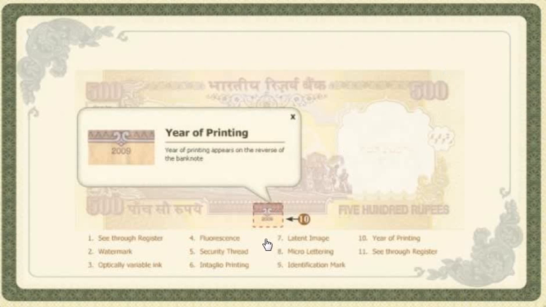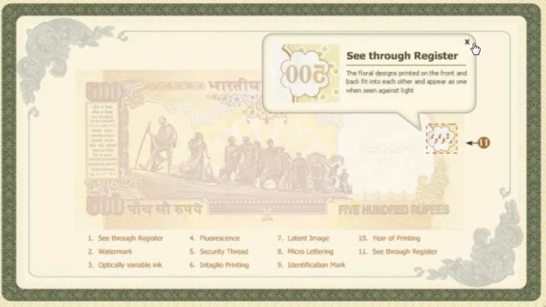This is the year of printing. Like this is 2009, but 2005 year and other before, 2005 year not printed. Like this, not a fake, originals. See this. This starting, the first number is 1, this is the 500 each.